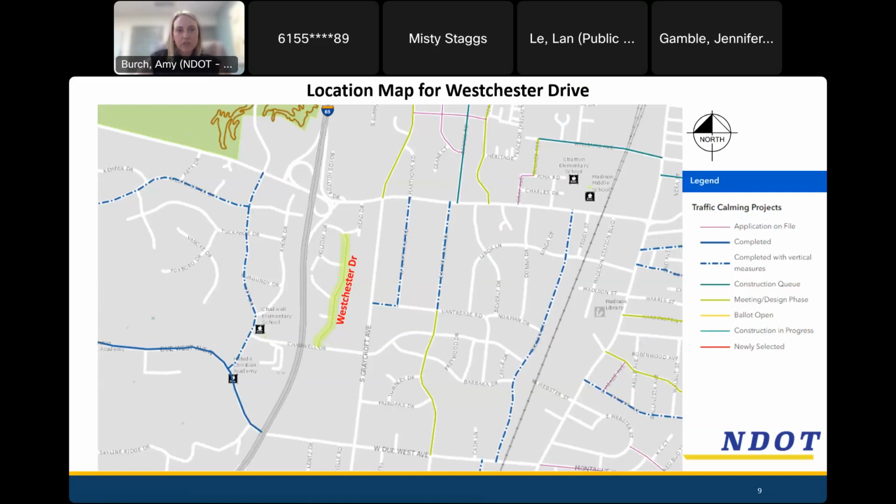And this is a snapshot that's taken from NDOT's online traffic calming tracker map. I'm showing the legend here on the side to show you where some of these other streets are in the program and so forth. But Westchester is highlighted in green and written in red between Chadwell and Head. And some other streets that